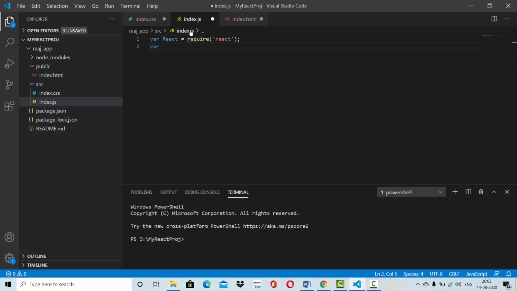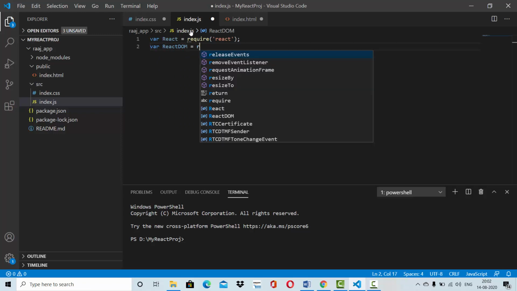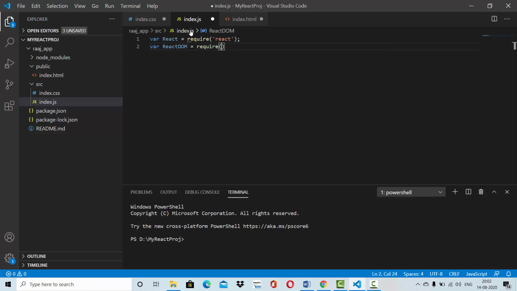The second one is React DOM. So let me give the object name as ReactDOM is equal to require, pass the module name, which is react-dom. So I have included these two modules. All right. Now using this ReactDOM object,